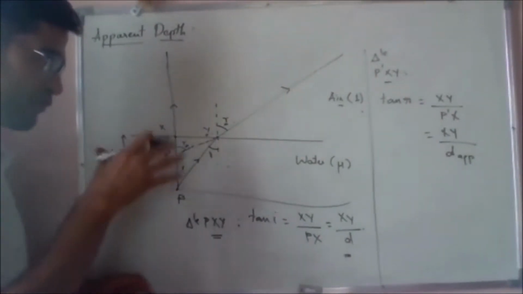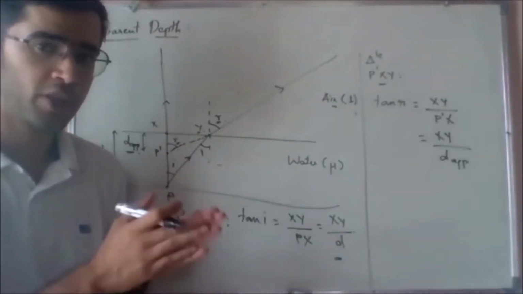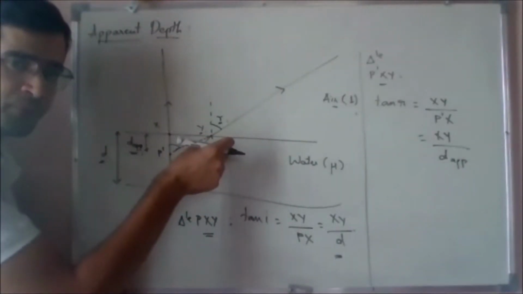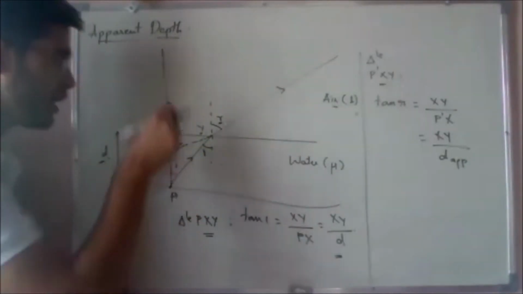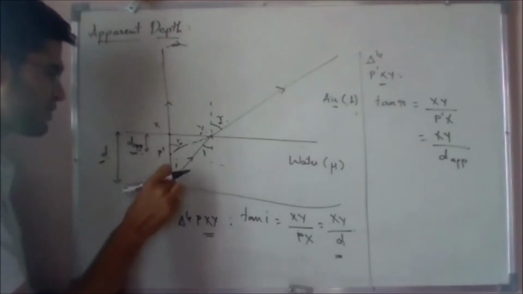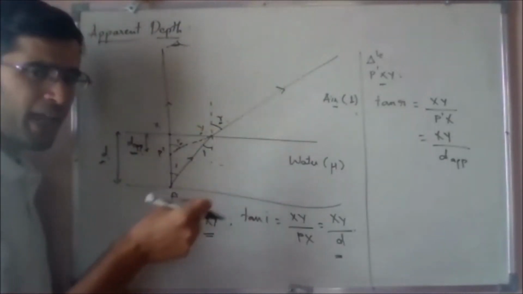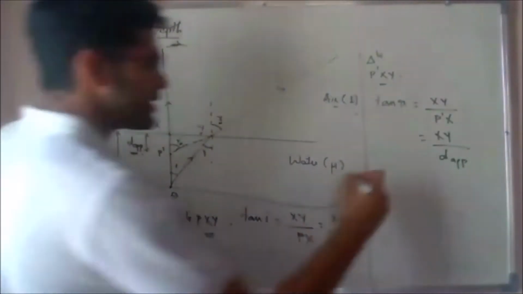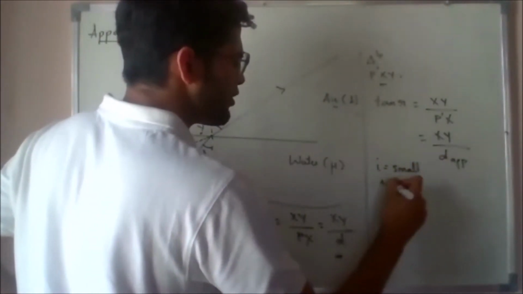But now, if these rays should actually be incident on a person's eye, is it safe to assume that your angle I should be small? If all these rays coming from your point P are incident on a person's eye, the eye is just this small, right? So these rays should be pretty close to each other. So what should your angle I be? Your angle I should actually be a small angle. So here it's safe to take the assumption that your angle I is small. If your angle I is small, your R will also be small.